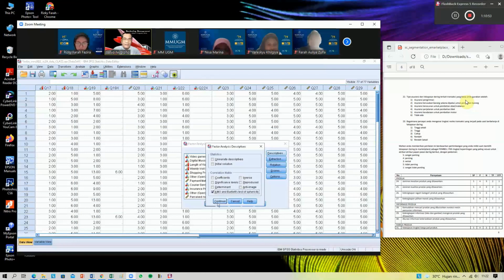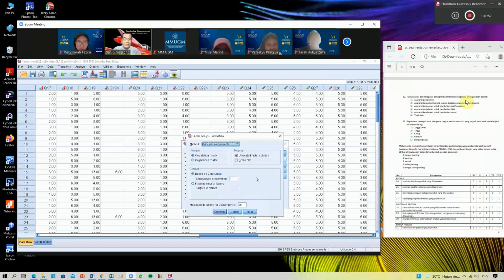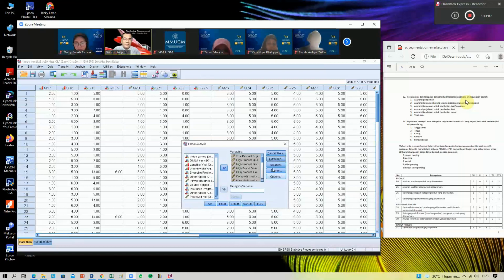Okay, continue, and then go to extraction. Unrotated factor solution is deactivated, we don't need it. Okay, continue, and then go to rotation. We use Varimax. Okay, and then activate loading plots.